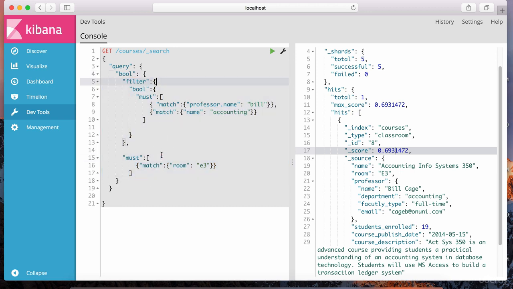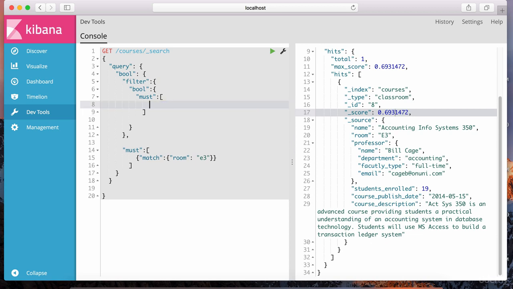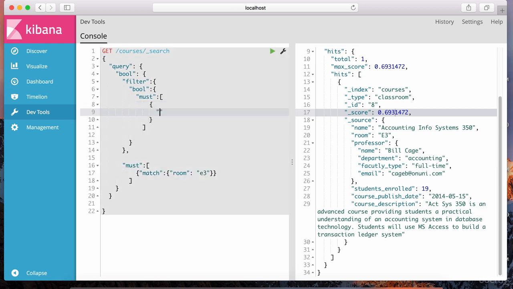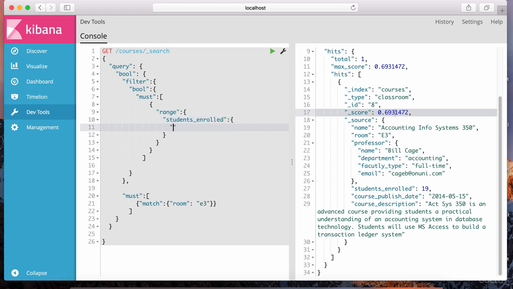Okay, it could be confusing to understand, but again, you have to practice and change these things up and make sure that you're getting enough practice as I'm explaining it to you. So to be a bit more generous so that we get more documents back, instead of having this match professor name and match the accounting subject, I can just get rid of these match conditions and have a range query, right? Whatever can go into a query can go into a filter as well. So let's just specify a range query, and that should be inside of a JSON object. And we could say, range, and then we specify the field. So we could say students enrolled,